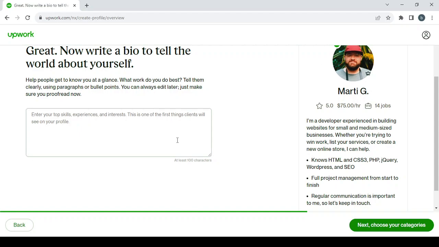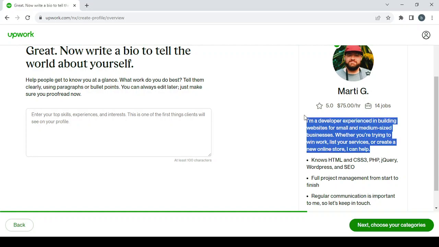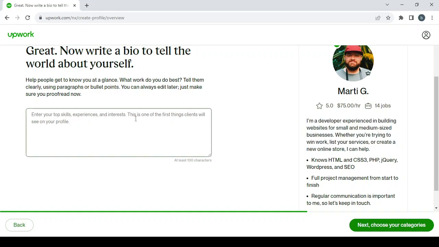So for example, you can just go to ChatGPT and it will give you a good bio, but you will need to make some adjustment to it, make it customized for you. Try to change some things, try to add some customized information about you, and it will be a good bio. And for me to save time, I'm not going to go to ChatGPT, so I'm just going to copy Marty's bio. So sorry Marty,